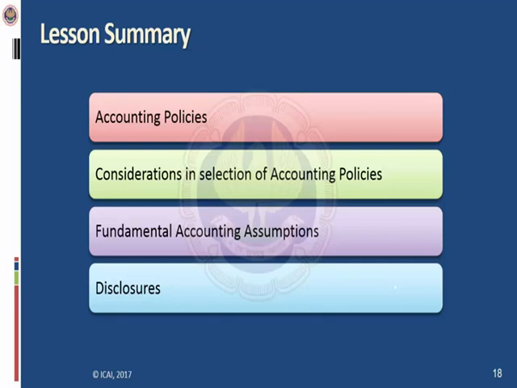So that 30,000 is a material amount for that entity. So let's say turnover of that entity is only rupees 5 lakhs, so 30,000 is a material amount for that entity, and the entity has to disclose such fact that while changing from FIFO method to weighted average method,